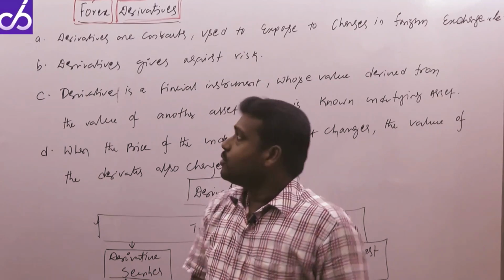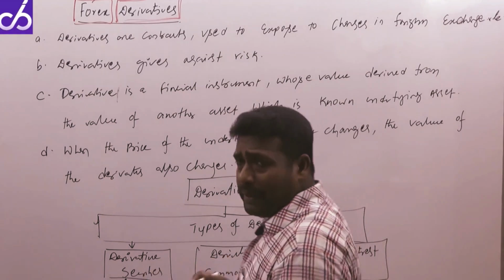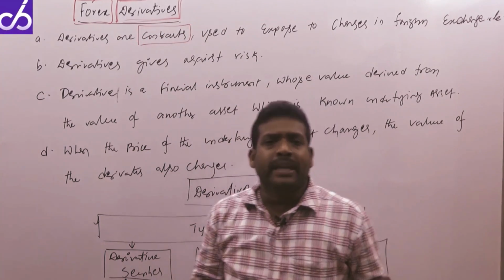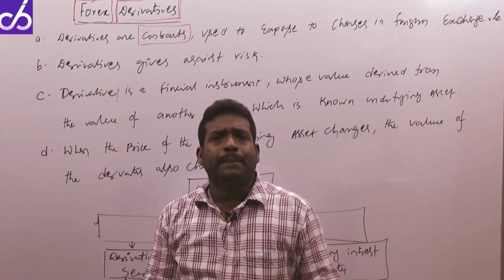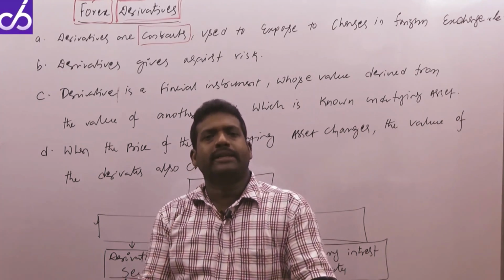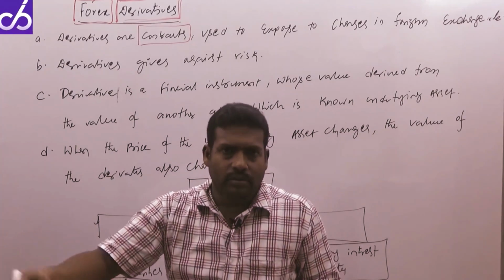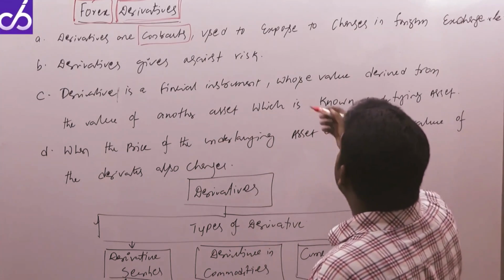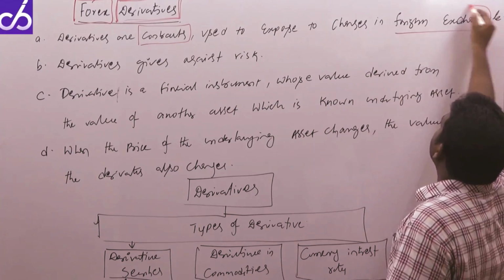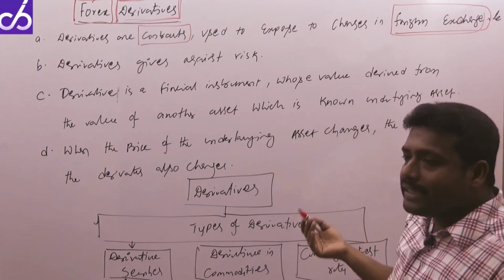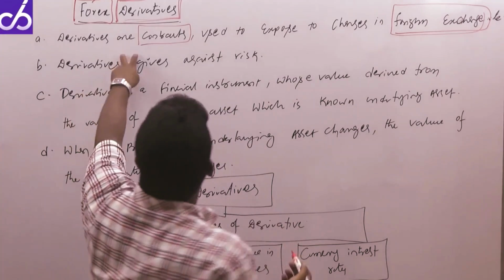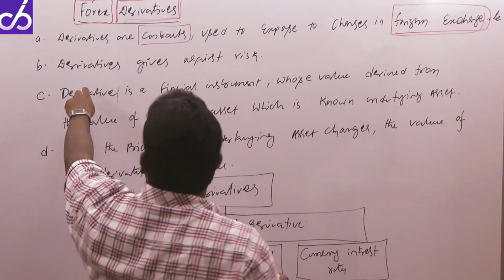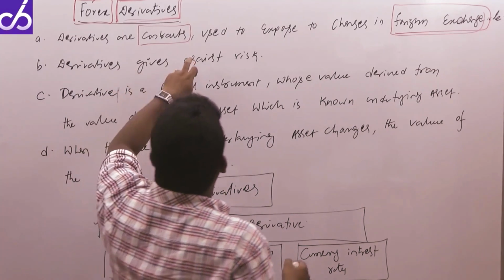Value is derived. So derivatives, frankly speaking, in this session, are contracts. It means an agreement between two parties. Why will people come to the contracts? Because they want to protect themselves from any risk. So derivatives are contracts used to expose or restrict changes in foreign exchange, or frankly speaking, derivatives give a shelter